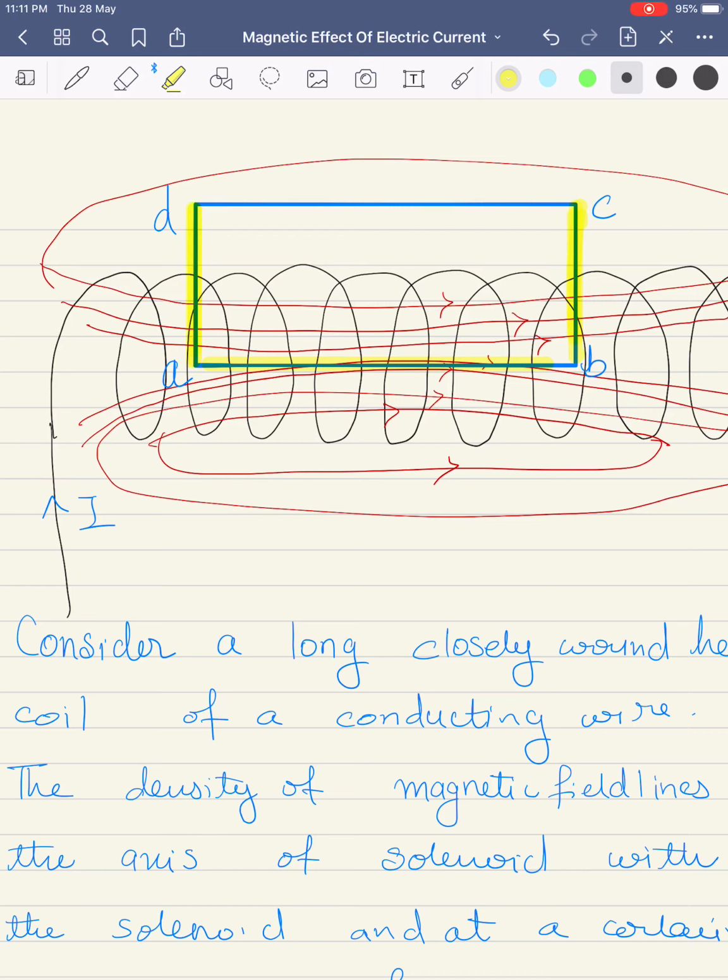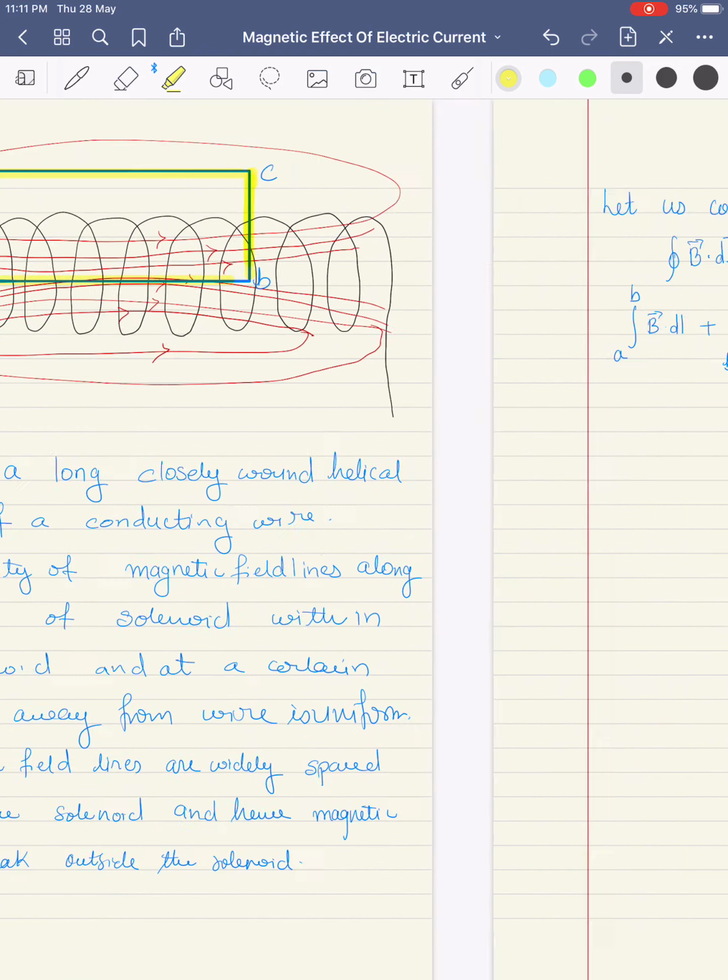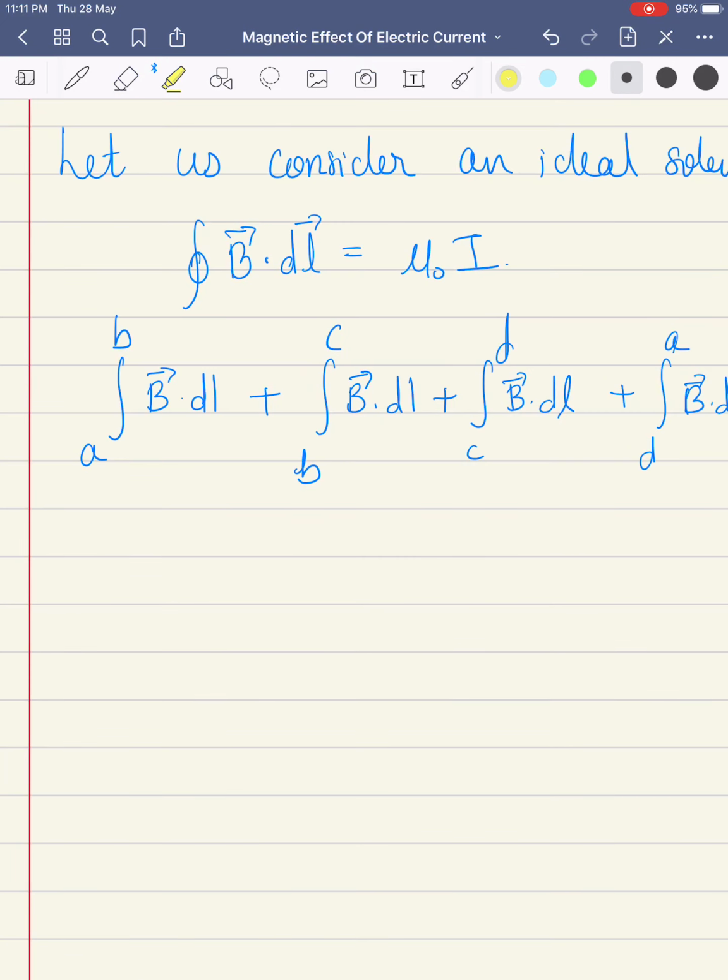So that means when I say closed integral of BC and when I say the closed integral of DA will be 0. Next, when I say about the closed integral CD, इट इज़ आउटसाइड द सोलेनॉइड. So outside the solenoid, the strength of the magnetic field is weak. Since the strength of the magnetic field is weak outside the solenoid, what you consider over here is the B value is 0. Okay? So that means you will get the magnetic field only because of the length AB.